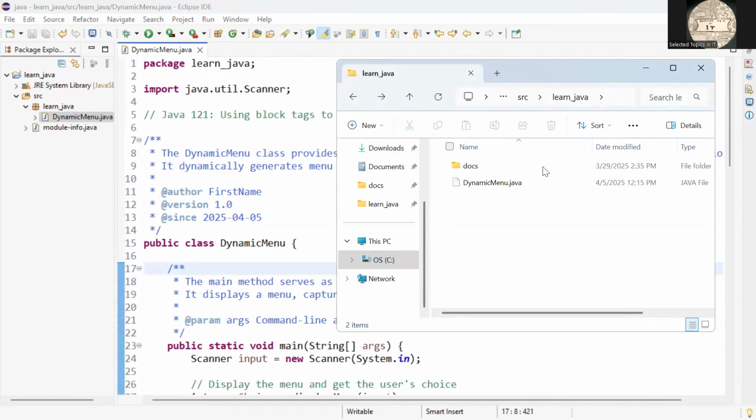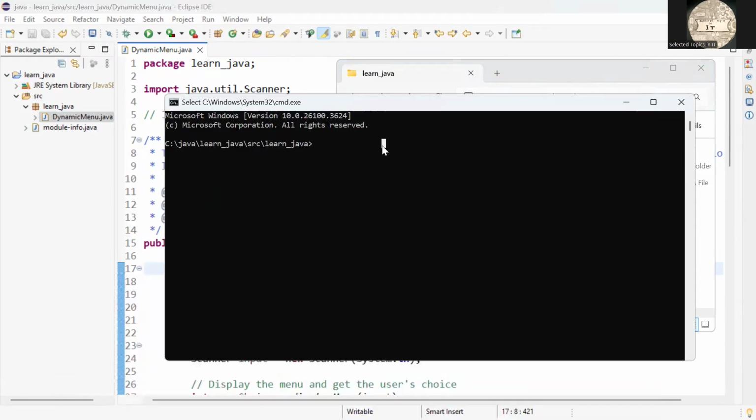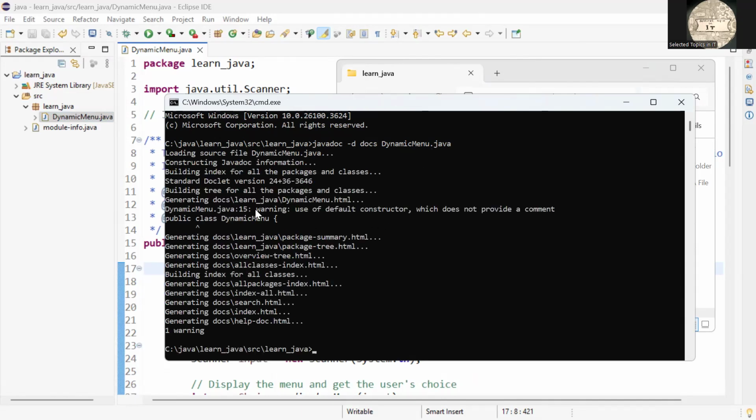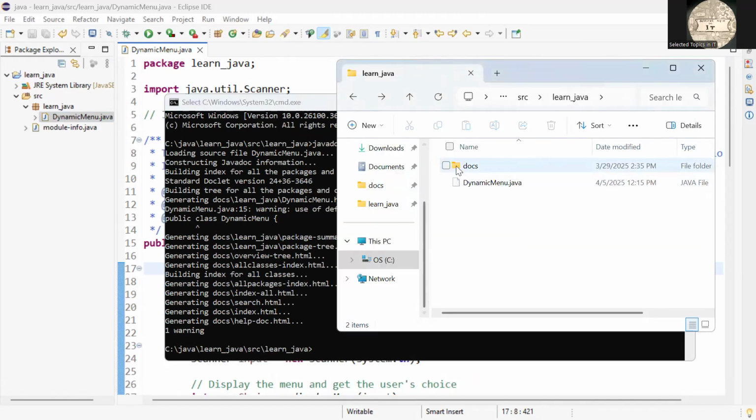So I'm going to go to the location of this package, and then from the Windows Explorer, I'm going to type in CMD to run the command prompt from that location. And then let's use the JavaDoc tool to generate the documentation. It's pretty much saying this is the source, and the output is going to go into a folder or directory called docs. And then what is the name of our Java program that we want to generate the documentation comments for? That's DynamicMenu.java. And I'm going to hit enter. So we do have a warning because we did not put a comment for our default constructor, which is fine